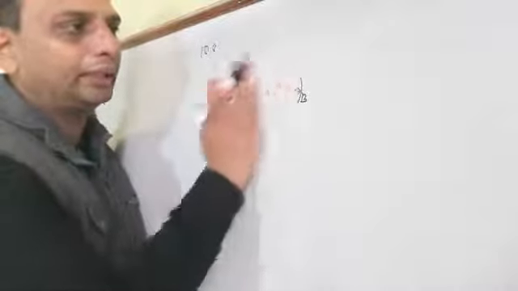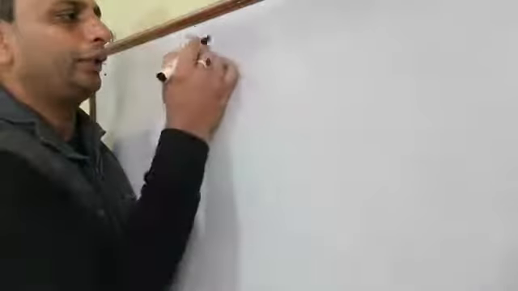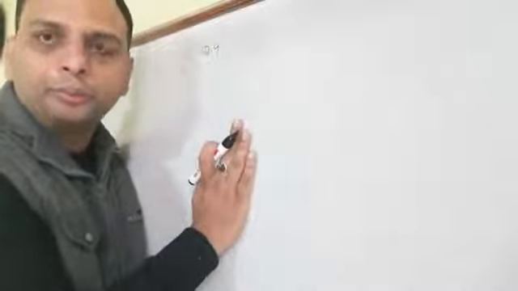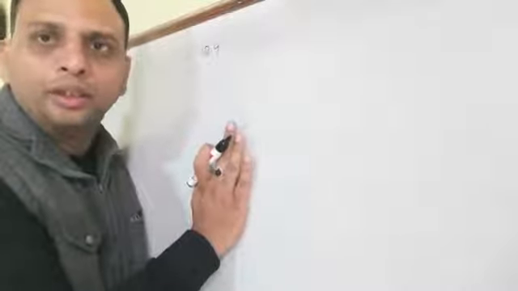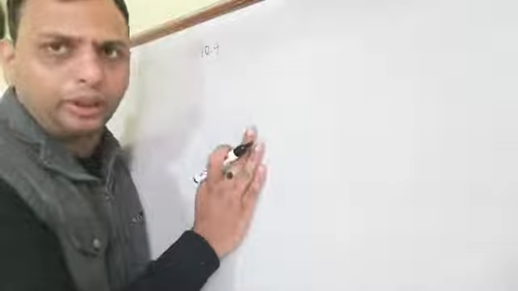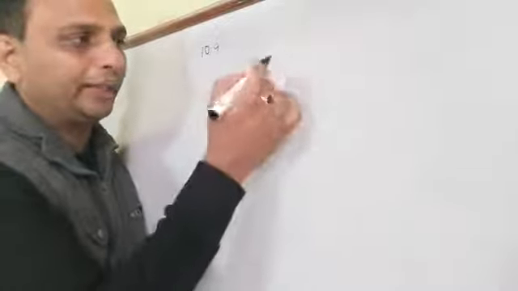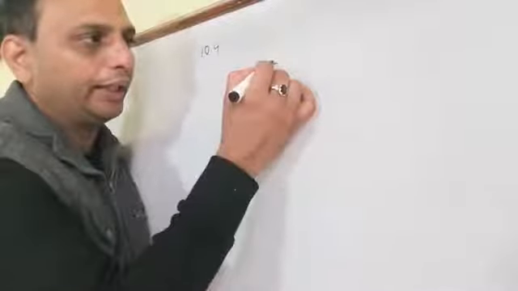Now we see the angle in the same segment. This is the 10.9 theorem. We do not have to study the proof of this theorem 10.9. The 10.8 proof is given in the book, you can refer to it in the book. If you still have a doubt, you can consult me. Now you see the angle in the same segment. How do we understand the angle in the same segment?